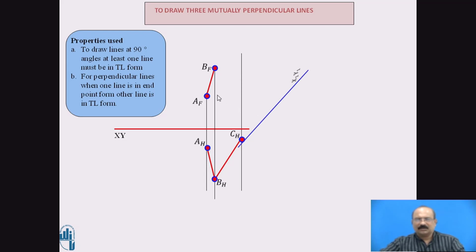Now we have drawn the new x1 y1 line, which is parallel with AF BF. One condition you should remember: these diagrams are not as per 100% dimension. These are approximate dimensions, and because we are using a PowerPoint presentation, the line lengths may not be exact. If it is 100 millimeter, it might be 98 or 99 millimeter, it doesn't matter, but the diagram positions are almost accurate.